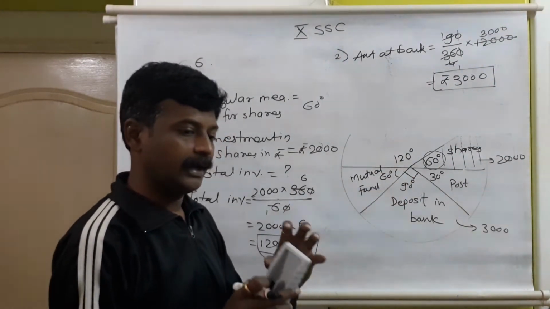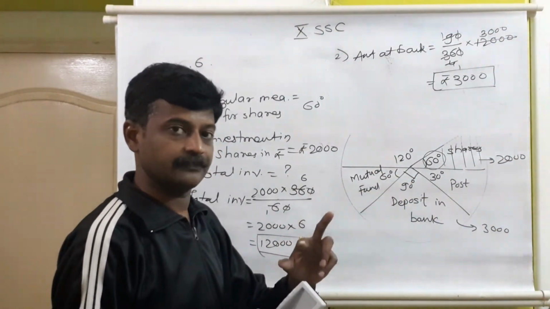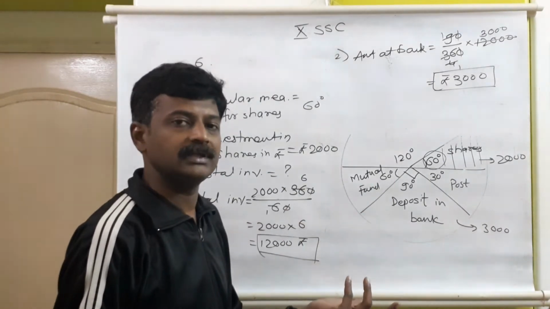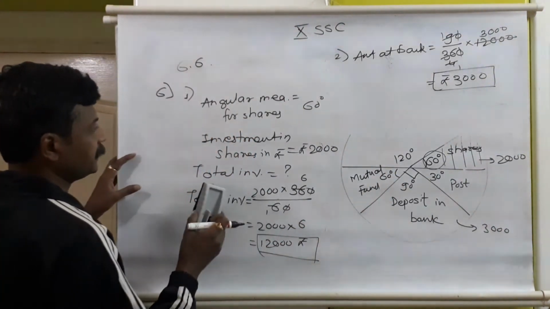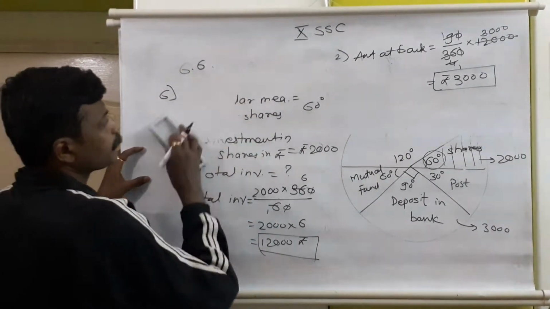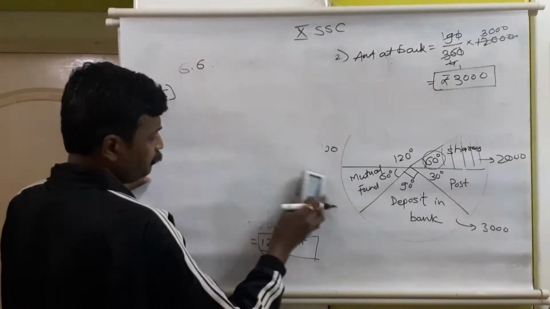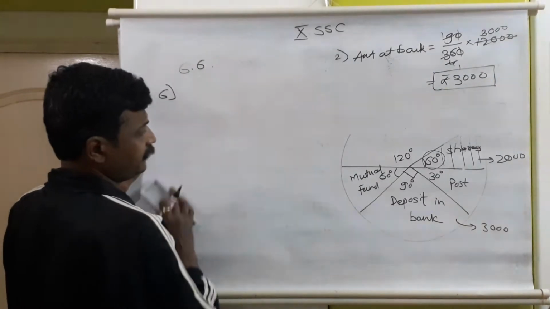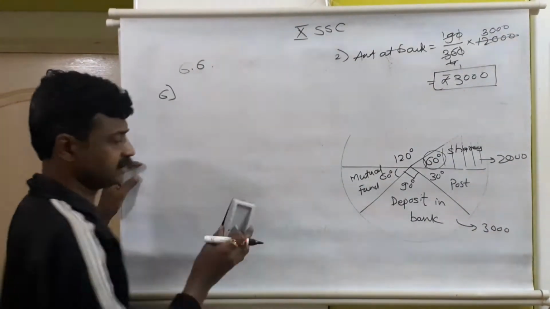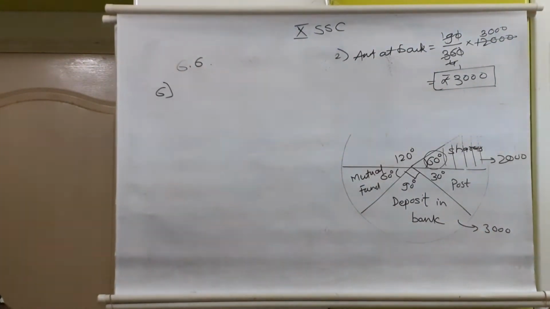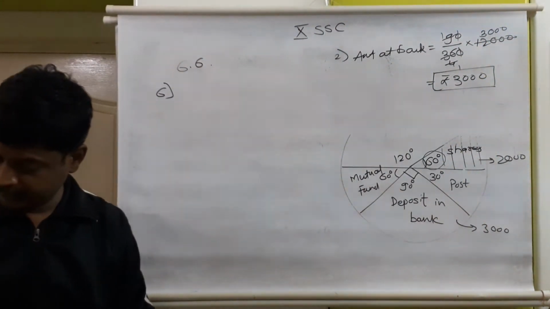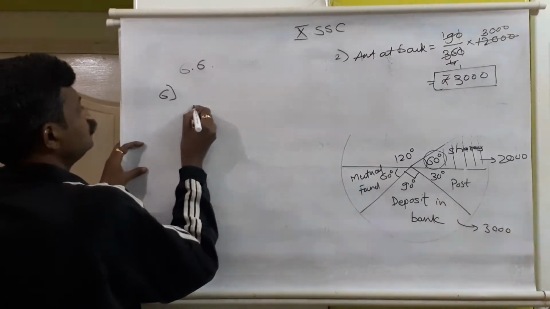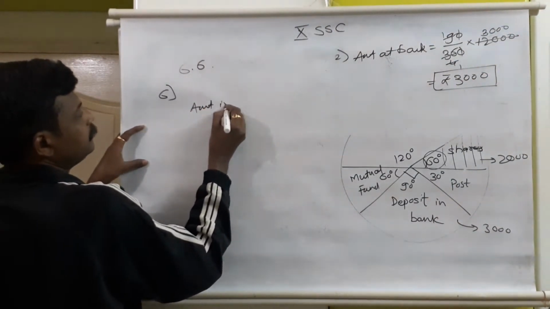The angular measurement relation is twice and half. Same way it will be in the amount also. It is 1:2 ratio. In amount also it will be same. Let us find out first how much is in immovable property, how much is in mutual fund, and then we can find out additional how much is the investment, which is the required solution. How much more money is invested in immovable property than in mutual fund.